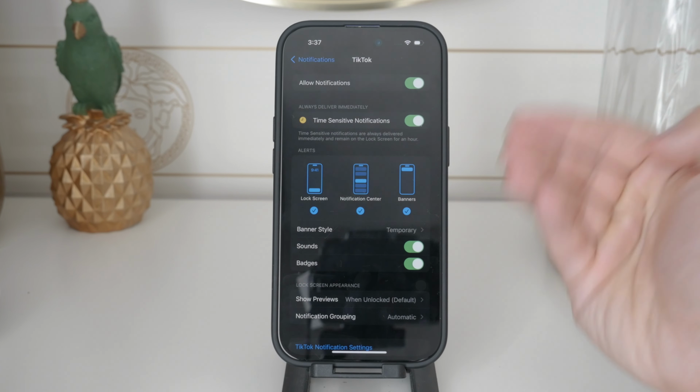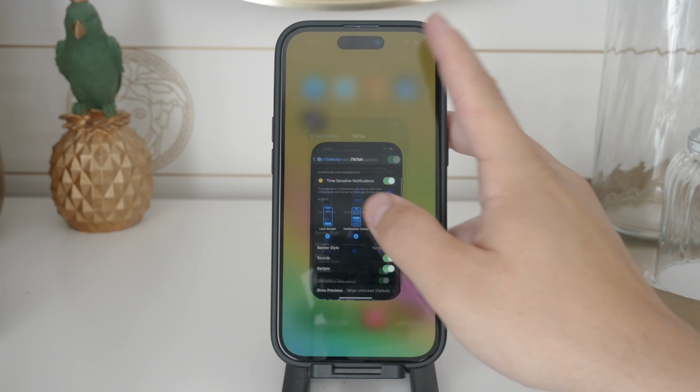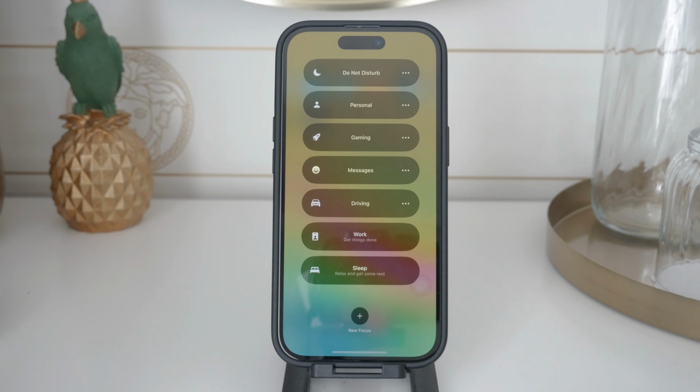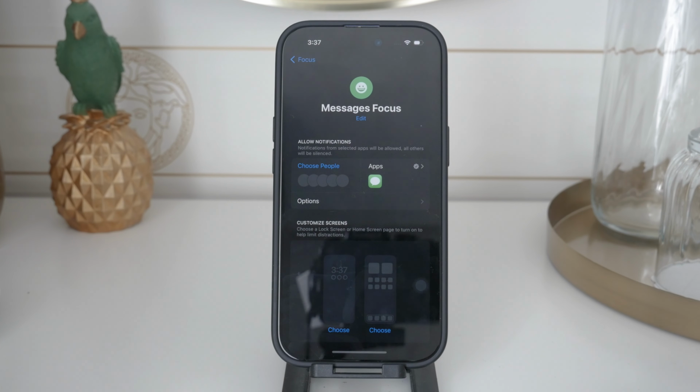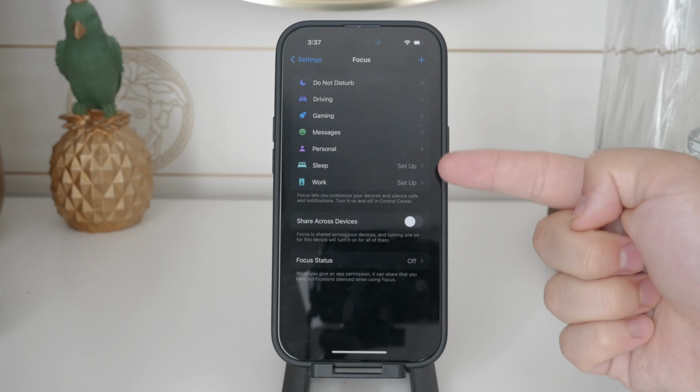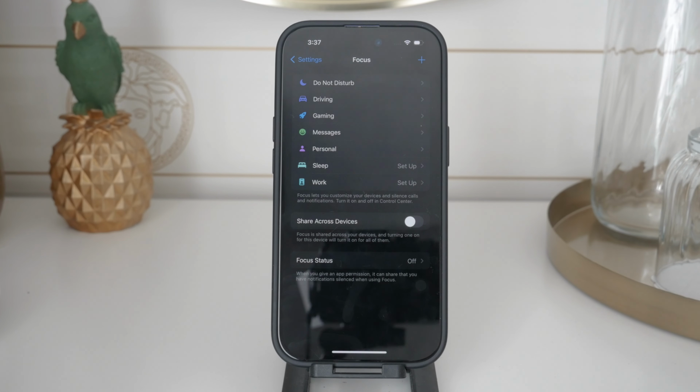Additionally, you can use Focus Mode to manage notifications more selectively. Focus Mode allows you to block notifications from specific people or apps. To set this up, go to the Focus section in the Settings app. You can create a custom Focus Mode or use existing ones like Do Not Disturb to filter out notifications according